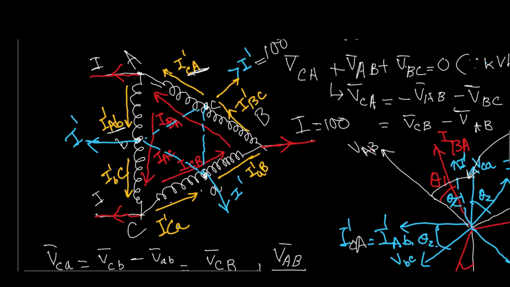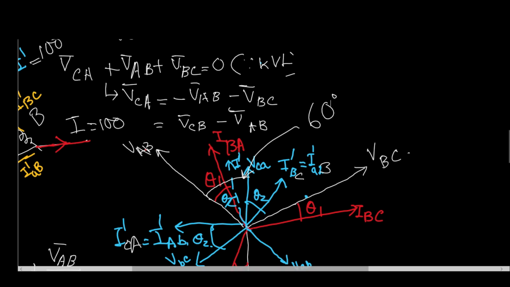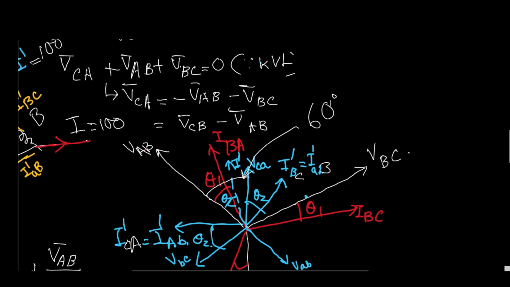You can also reach the same conclusion with I dash BC, but then you have to change the orientation. But I dash CA and IBA, at least apparently, are flowing in the same direction, so we can anticipate that there is an acute angle phase difference between them. Like if we take I dash BC, there is a chance that we will get an obtuse angle phase difference. So now if that is the case, then